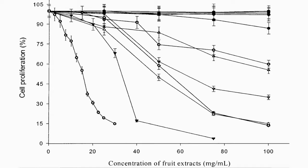They decided to use human liver cancer for this study. If you drip water on these cancer cells as a control, nothing happens, right? They start out powering away at 100% growth, and they keep powering away at 100% growth. And pineapples, pears, and oranges don't do much better. Peaches start pulling away from the pack. At high peach concentrations, cancer cell proliferation drops about 10%, but